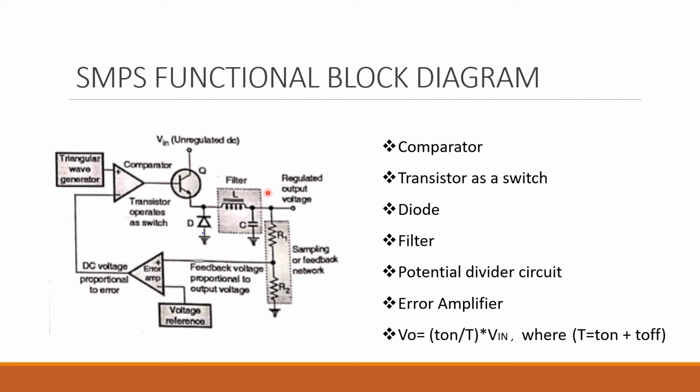Let us see. If output is suppose greater than 12 volts, then input given to non-inverting terminal of error amplifier will also increase because this voltage is increasing. If input of non-inverting terminal of error amplifier is increasing, then of course difference will increase and hence output of error amplifier will increase. This will again increase the inverting input of this comparator, which will decrease the on period of the transistor, or you can say increase the off period of transistor, which will again reduce the value of V0.